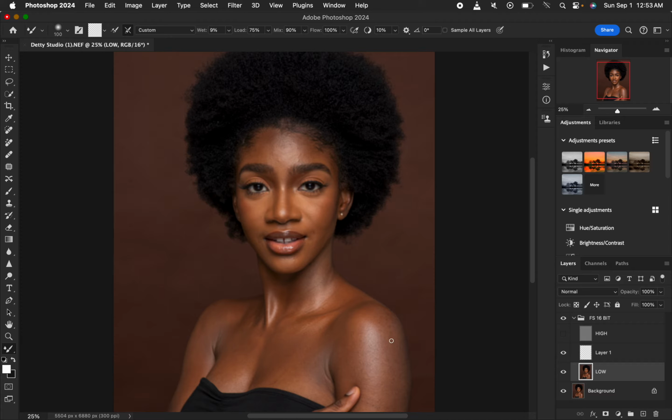For example, if we are working right here and we want to blend the transitions on this highlight, we want Photoshop, as soon as we finish mixing here, to automatically clean the brush for us so that we can work on an area that has a different skin tone variation. We wouldn't want to carry colors from this area to this area, because that is going to make the image look odd or weird. So make sure the wetness is 9%, load 75%, and mix at 90, and with